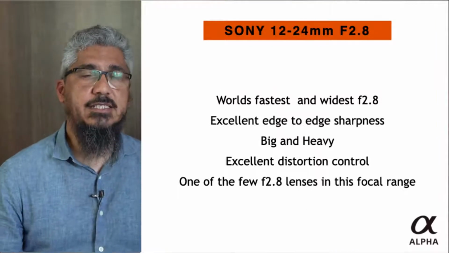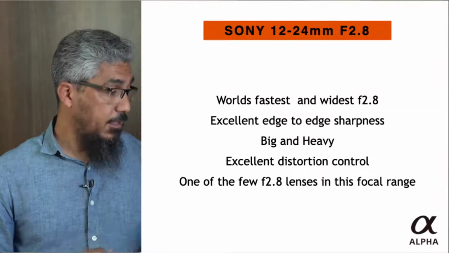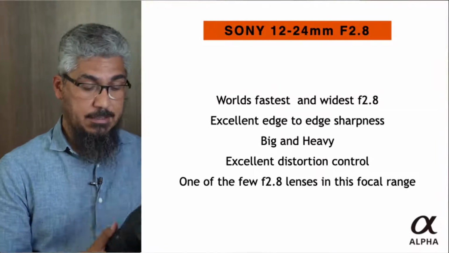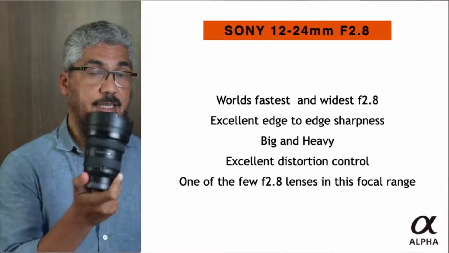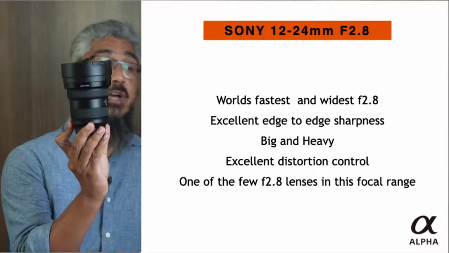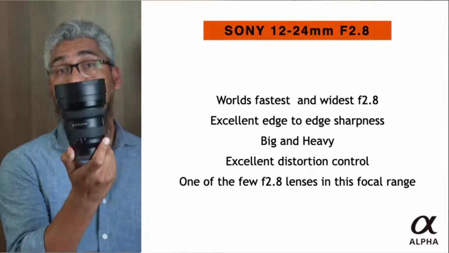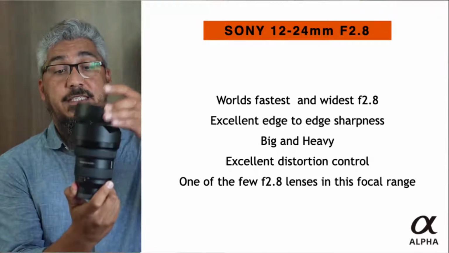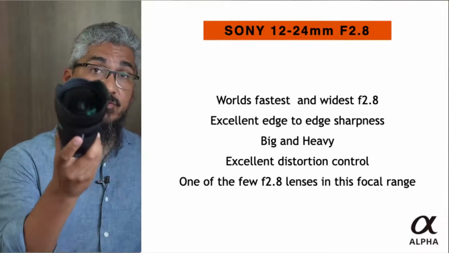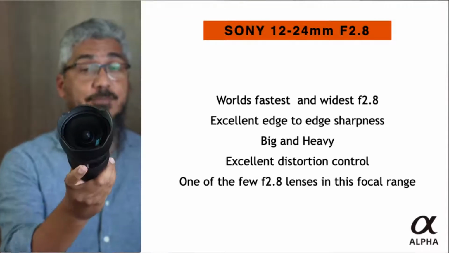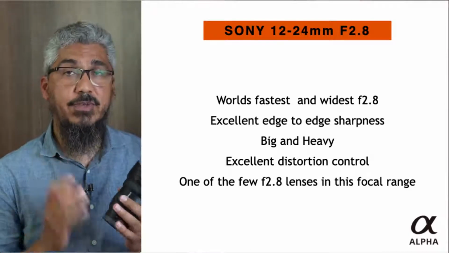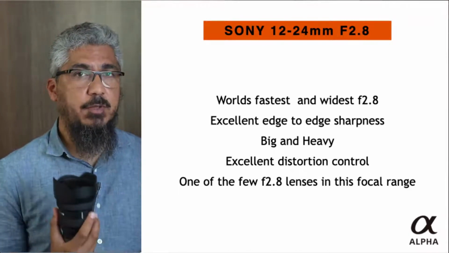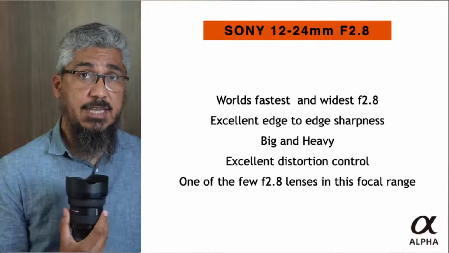The first lens that we want to tackle is the 12 to 24 G Master lens, or G series lens. This is the 12 to 24. As you can see, it's quite a big lens and it's quite heavy. The reason it's heavy is that the front element is huge. If you look at this focal range, it's a very, very versatile range. A lot of people might not think it's a good lens or a versatile lens, but